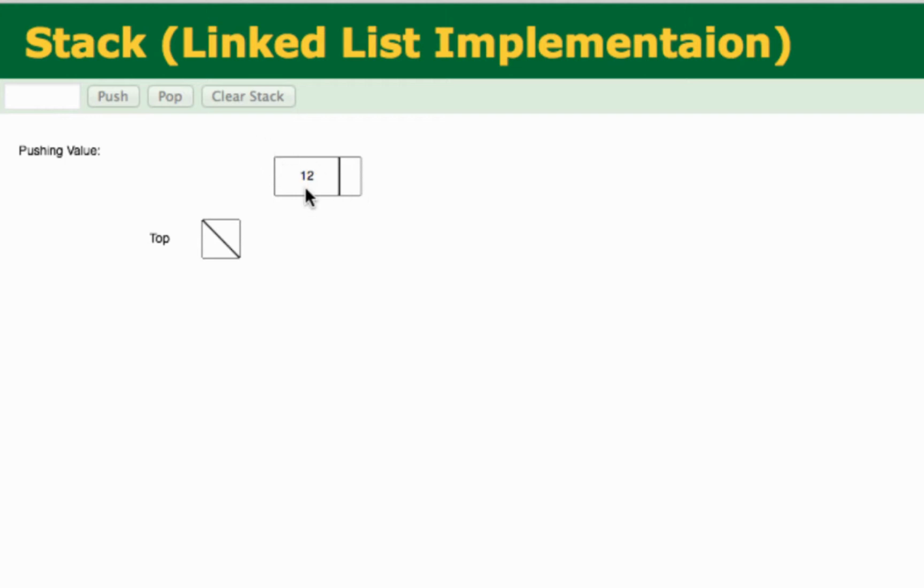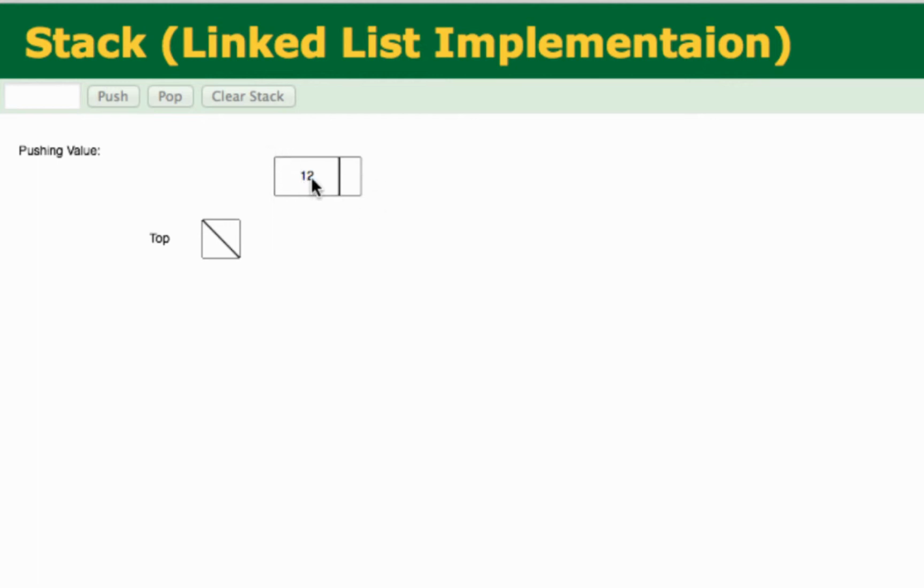So node is the value and the link. So a linked list basically contains a list of these kind of nodes, a number of such nodes which are connected to each other. This is one example of a node that we have created just now.